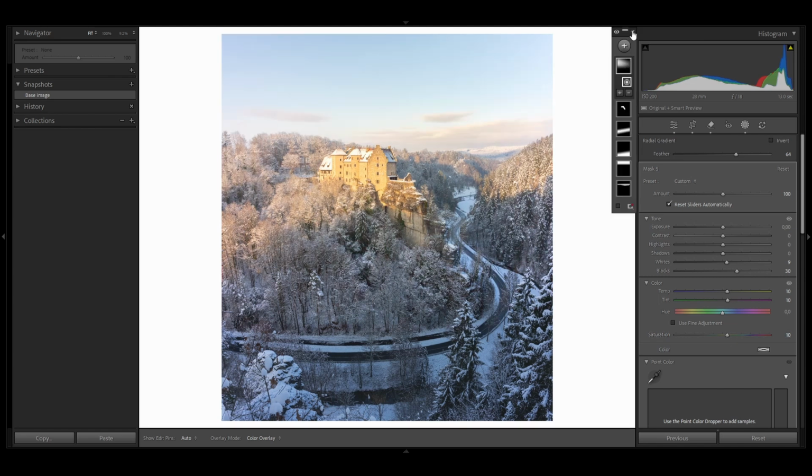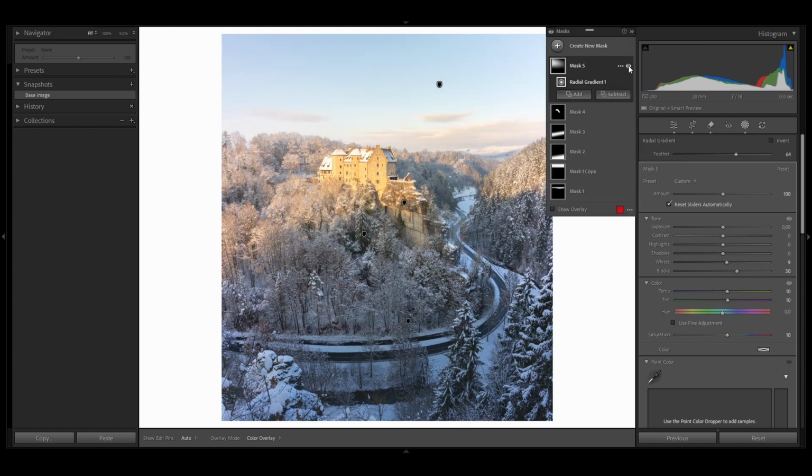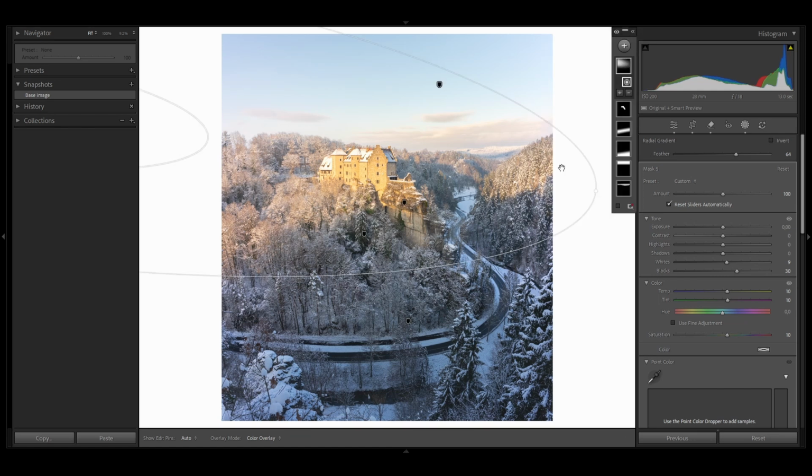All right, now let's have a look at the before and after of applying this mask. So this is before and this is after. And this looks very nice. However, I feel that a little bit more punch is needed, a little bit more punch and softness